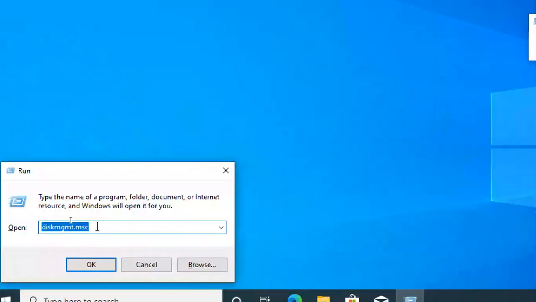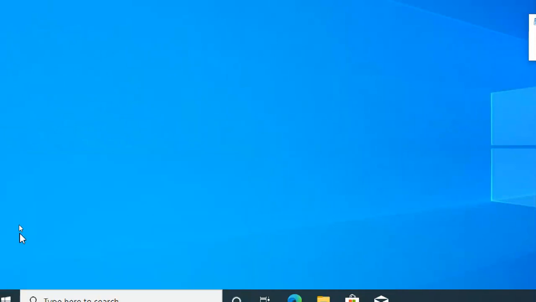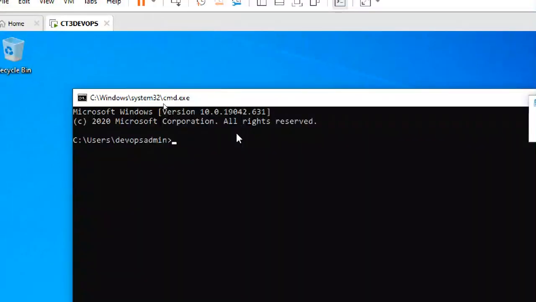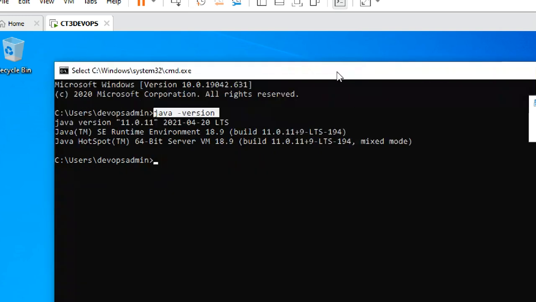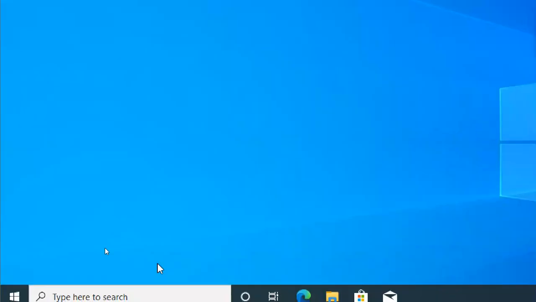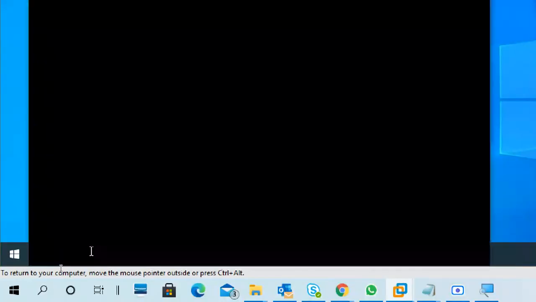Now I'm going to my CMD. Type java -version. It is showing our current version, which means it is good. It shows the Java version that I downloaded and installed, and the environment in which it is packaged. Now it is good, it should show Java and the version. Otherwise, set up the environment variables.